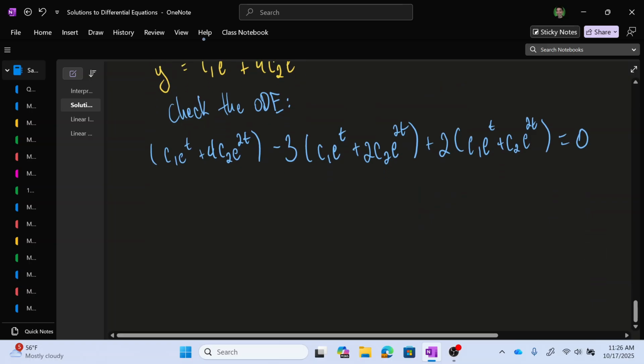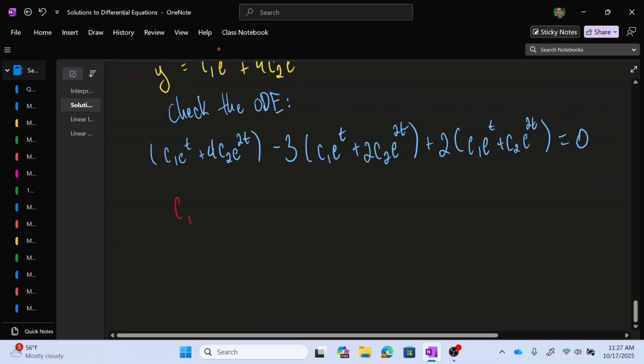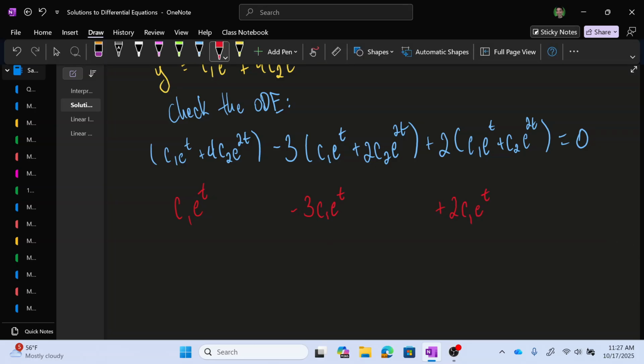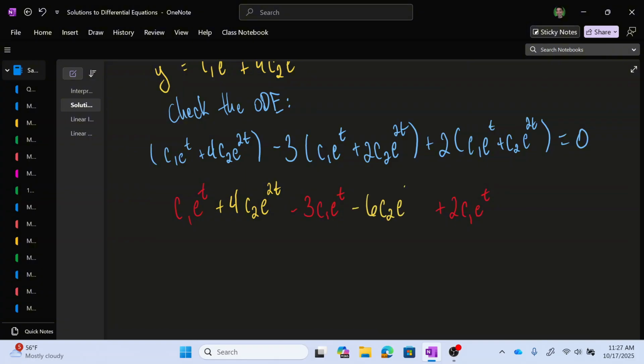Now, if I do a little bit of distribution and gather some of the like terms together, so c1 e to the t, negative 3 c1 e to the t in the back, plus 2 c1 e to the t, and look at the other terms, plus 4c2 e to the 2t minus 6c2 e to the 2t plus 2c2 e to the 2t, and gather those like terms together,